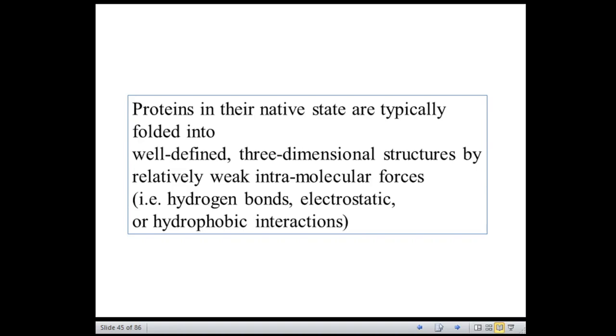More cleavage sites are accessible in the unfolded state compared to the cleavage sites in the folded state. So, if it is unfolded, that means it is lacking the tertiary structure. So, this is how the proteolytic method or the digestion is used for discerning the higher order protein structure using the mass spectrometry.